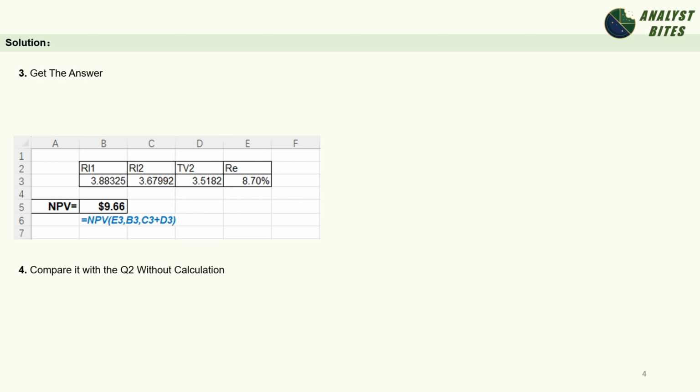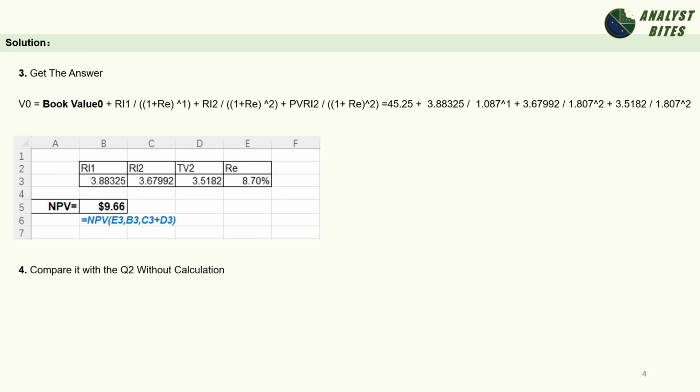Alright, we are at the final step. Let's finish the calculation. The process is exactly the same as before. Grab your calculator and go to the NPV and CF function. Input RI1 into C01. For C02, remember we have both the RI2 and the TV2 we just calculated. So add them together and input the sum into C02. Press NPV, enter the discount rate I, press down arrow, and hit compute.